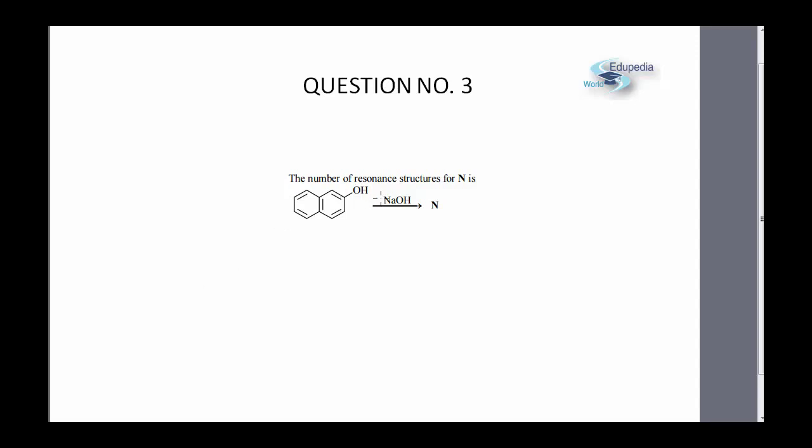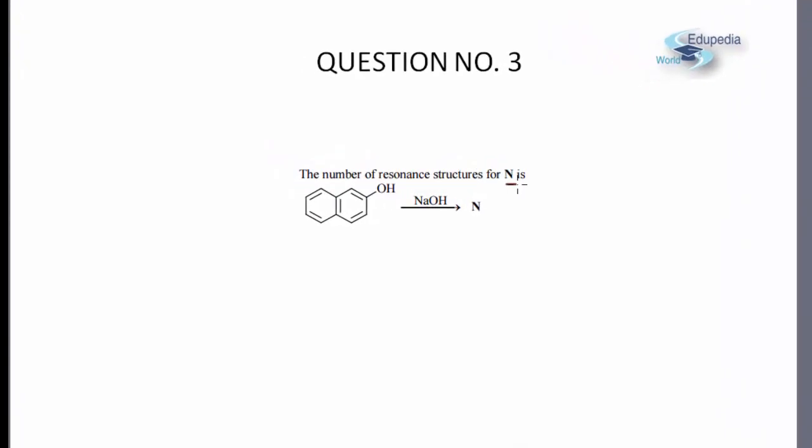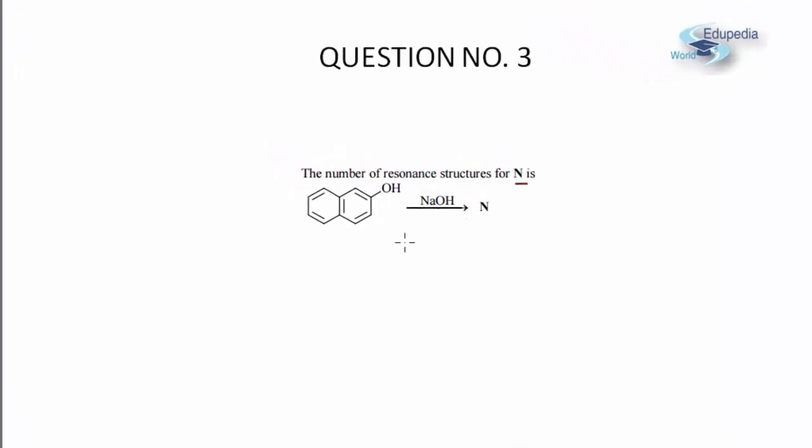It says that the number of resonance structures for N. So first of all we need to identify what will be our N. Now you can simply see that this OH is a phenolic group which is acidic in nature, and to it we are adding a strong base NaOH. So obviously what it will do is that it will abstract the H plus, and after abstracting the H plus, the structure which we are going to get will be